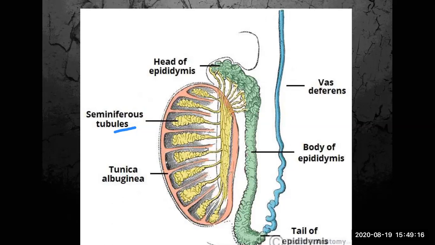यही seminiferous tubules aggregate होके duct system बनाती हैं, that forms the rete testis, and finally they form the epididymis, this green color structure. This is epididymis, and this epididymis finally opens into a vas deferens. This tube is called vas deferens, that finally carries the sperm to the reproductive or urinary tract. So these seminiferous tubules are the place where sperms are formed. Spermatogenesis process takes place, and with the help of this process, sperms are formed under the guidance of hormone